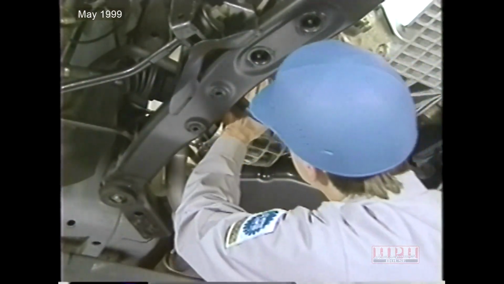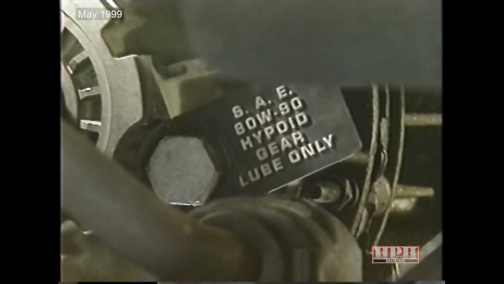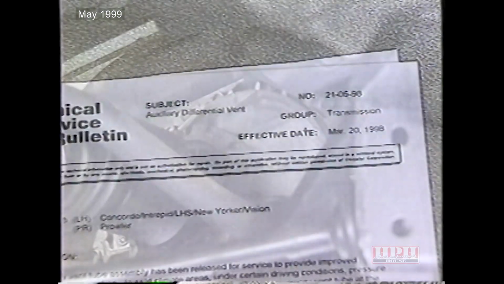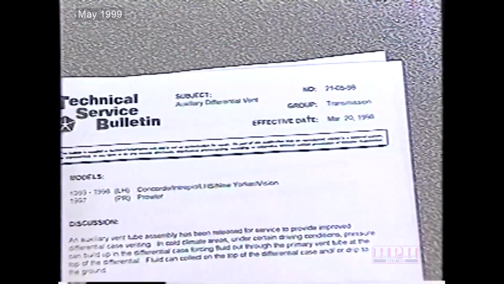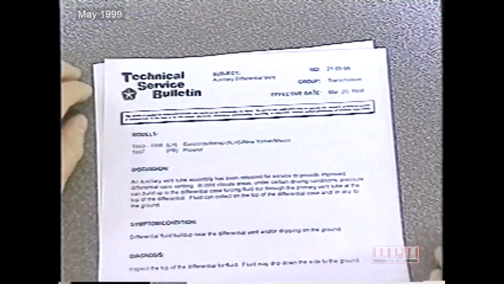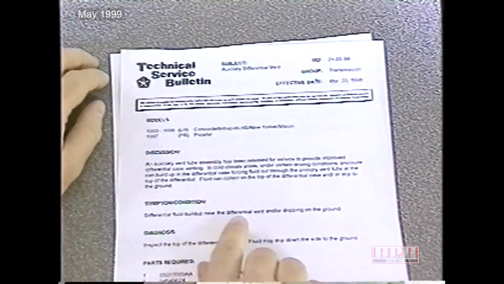Routine maintenance includes inspecting the differential area for leaks. A fill plug on the side of the transaxle is used to check the fluid level, and for adding fluid if necessary. If you notice any differential fluid buildup near the differential vent, you'll want to refer to a recently published TSB, which addresses issues concerning an auxiliary vent tube assembly that has been released, which provides improved differential case